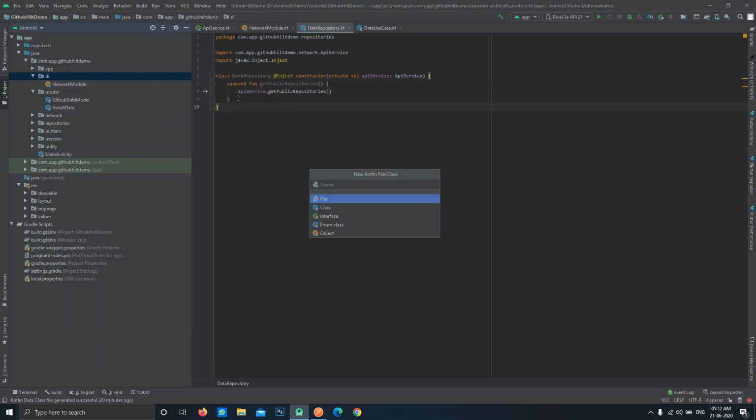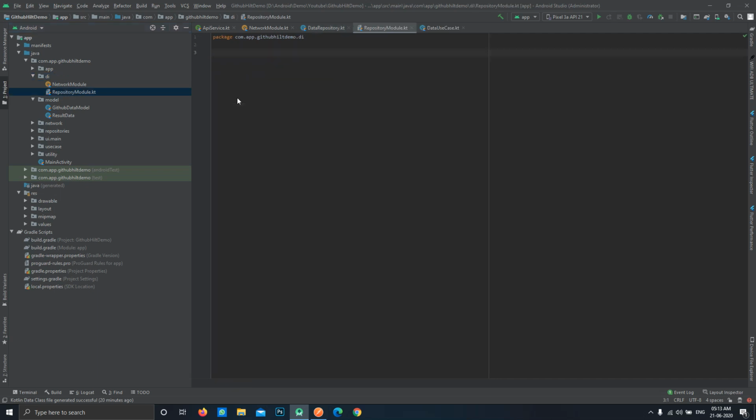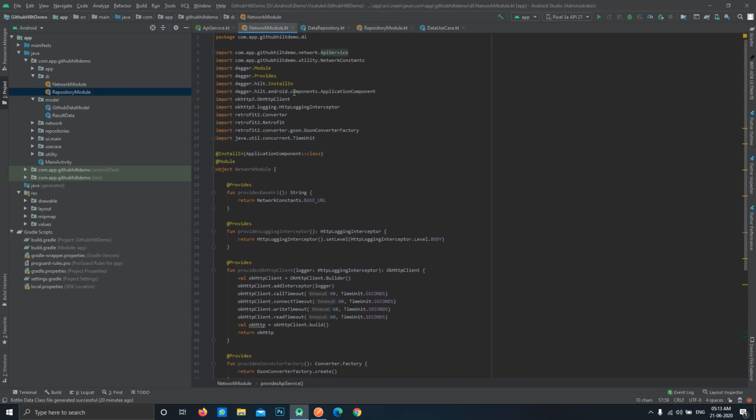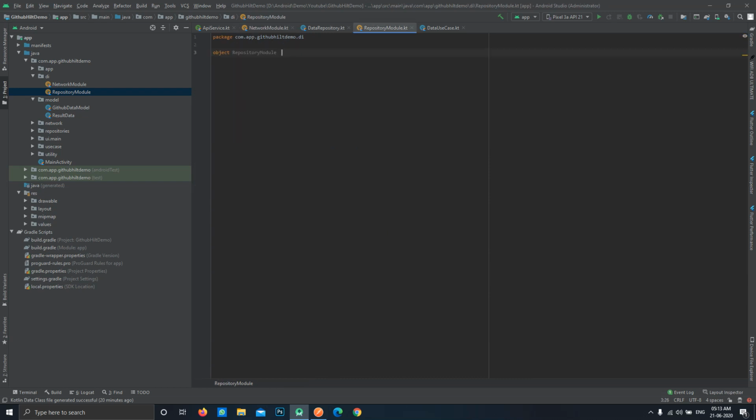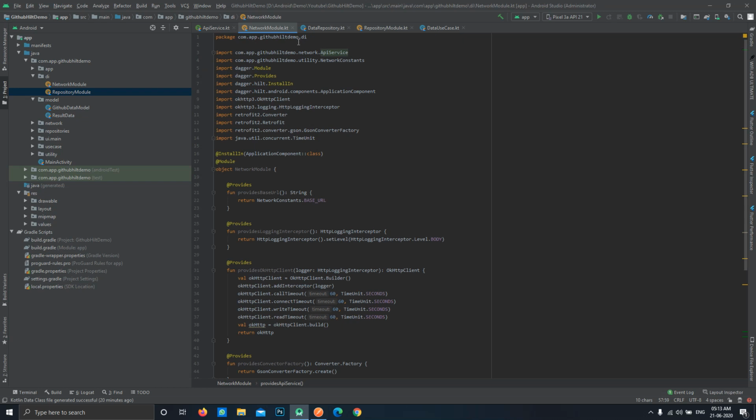So let's create a repository module. This will be an object, the same as this network module. The basic annotations will also be the same. The first one is the install in annotation, but in this case we'll not be using this application component,